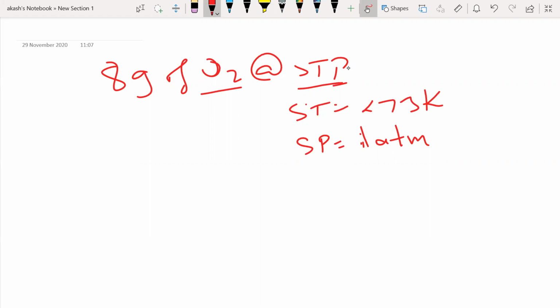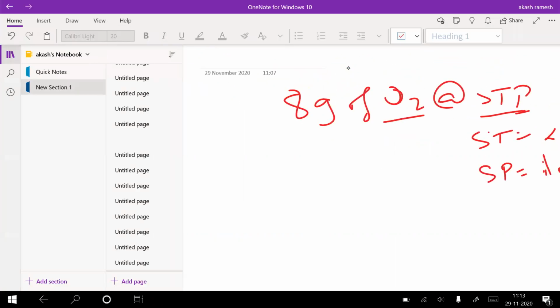Okay, in terms of volume, how will you define it? Maybe there's something in the chat. Oh yeah, there is something in the chat. Volume is equal to mass into density for O2. Density is not given, Kanna. Okay, what is the answer? In terms of volume, how do you define 1 mole?